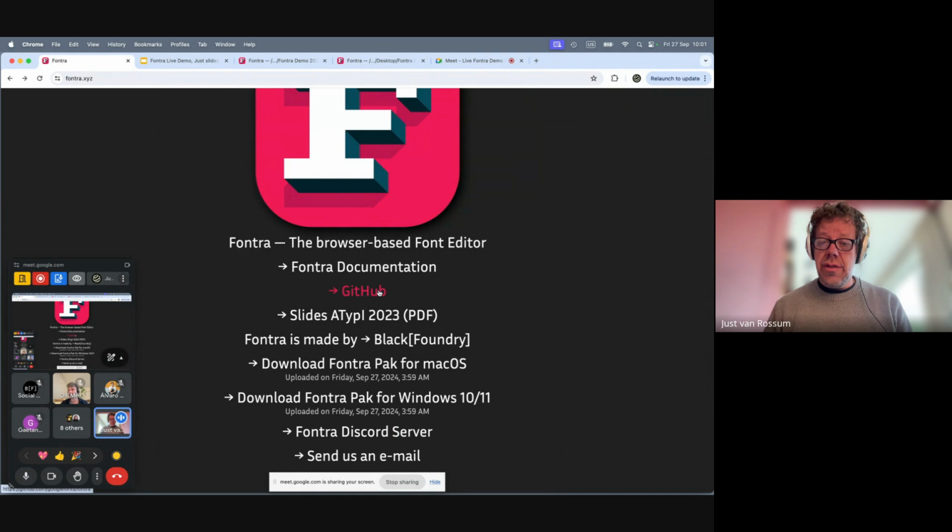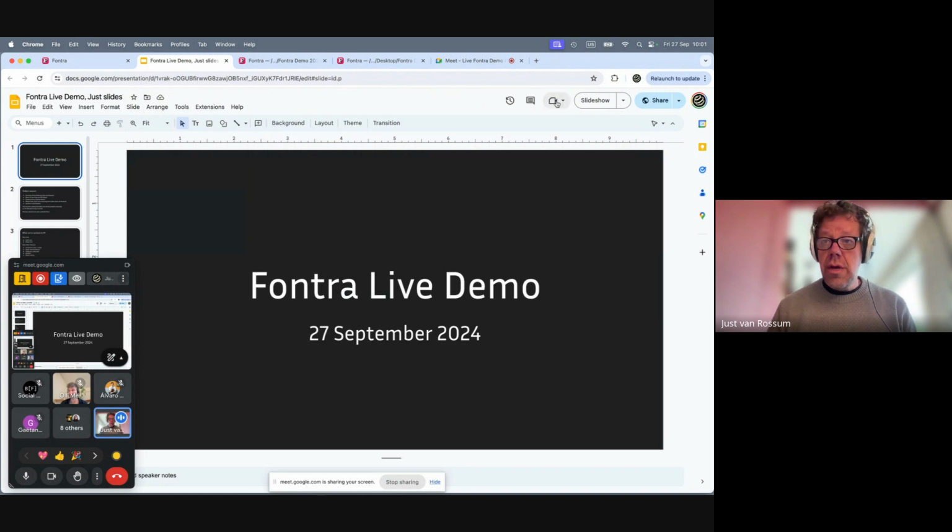If you're interested in the development or sources, or want to ask a question, or want to open a bug report, or post a feature request, then the GitHub repository is a good place. For downloading for macOS and Windows, we have ready-made binaries. We have a Discord server for more real-time questions, and we even have a dedicated email address. Anyway, I will start. So that was the introduction for the introduction, and I will now start with a more